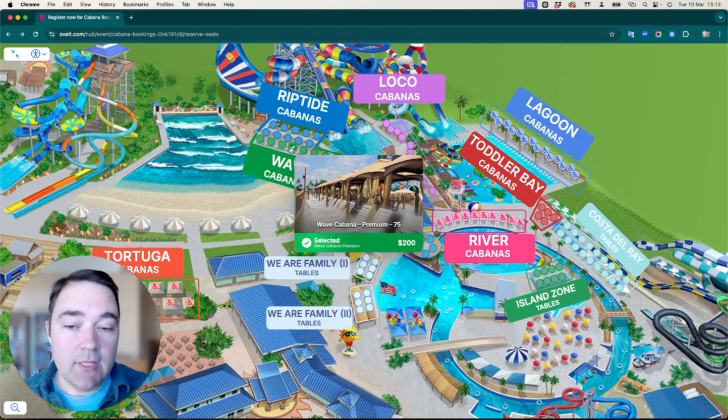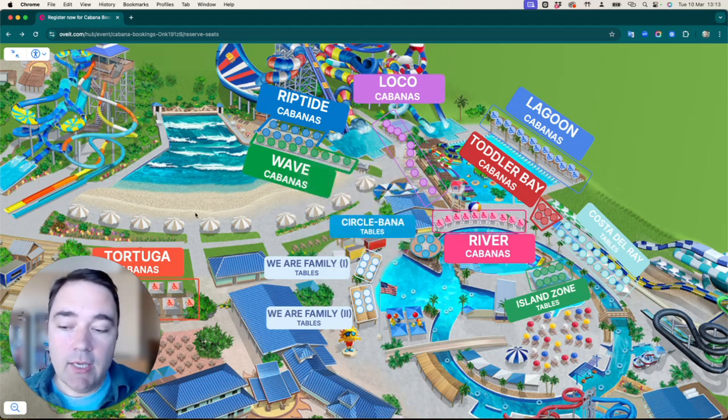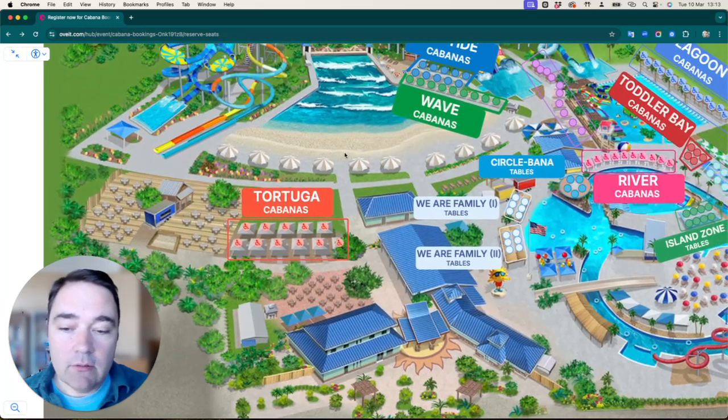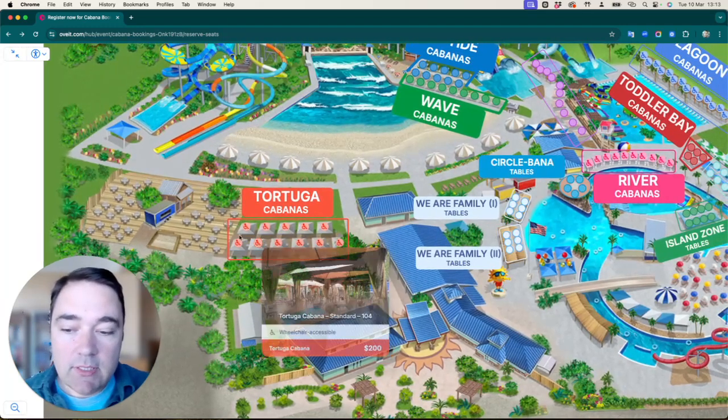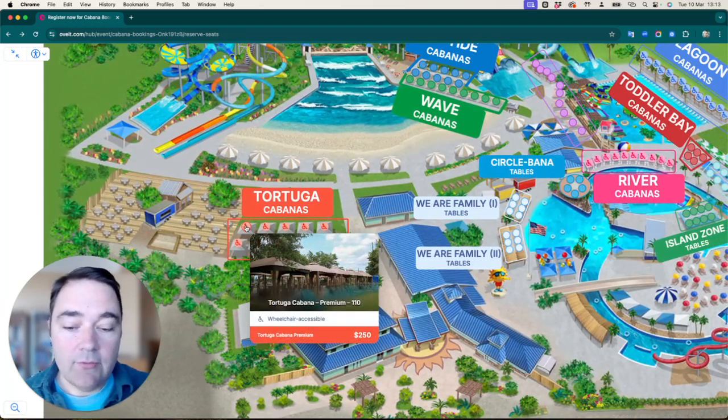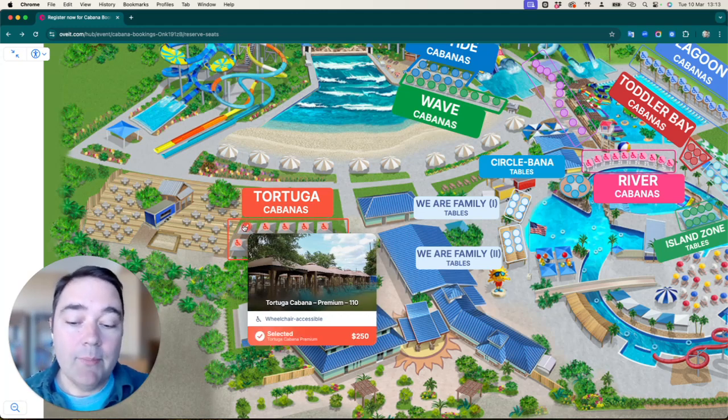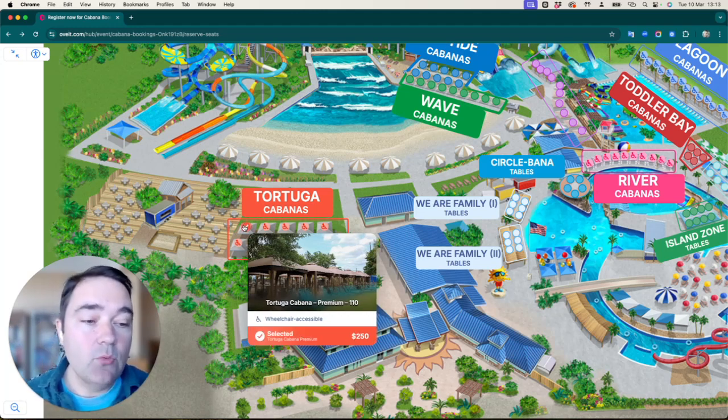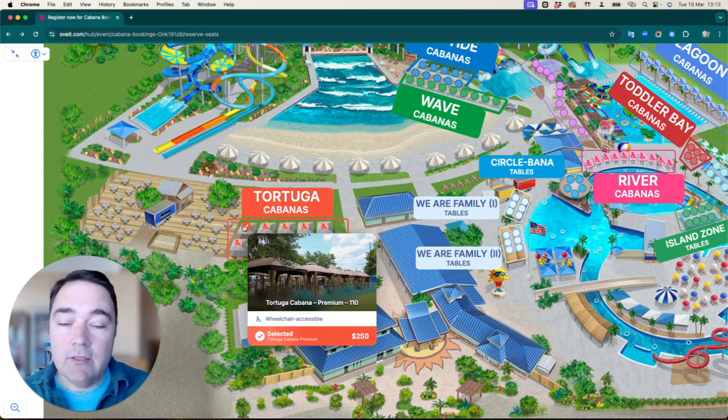But if I want something even better, I'm going to uncheck it and have a look at Tortuga Cabanas. As you can see here, not only do they have a larger premium space, but they're also wheelchair accessible. They're closer to the restrooms, so I'm incentivized to select this rather than other options. And this can extend to other potential dynamic pricing rules. So for example, we can have